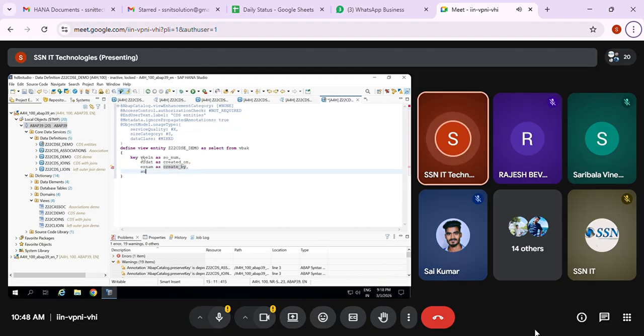You can choose whatever fields. From the starting we are creating these fields, so I'm comfortable with these fields, and I'm using them. Done. CDS view entity, and activate.